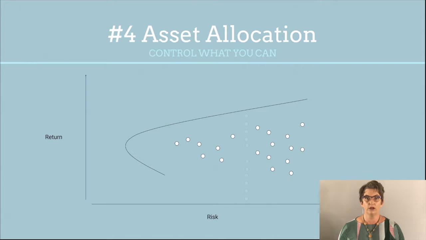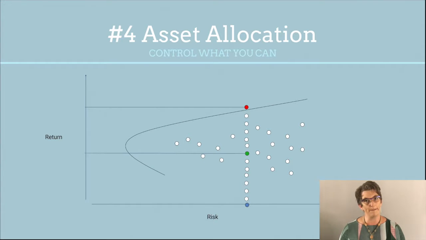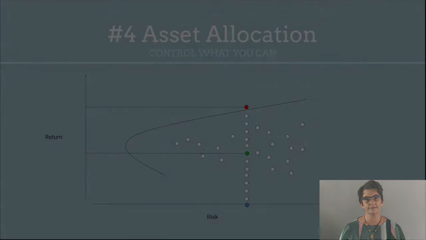So let's assume we've determined that your risk level is where that blue point is on the screen. Now, along that line, we can build a myriad of different portfolios with different combinations of those 5 asset classes, and they will all get different rates of return. And what you notice is that portfolio represented by the red circle, that's what we call the efficient portfolio, because given your level of risk, it's the portfolio that's most likely to result in the highest rate of return.